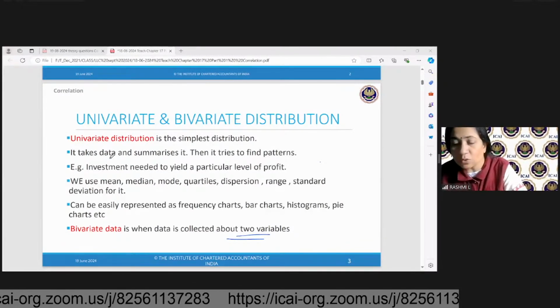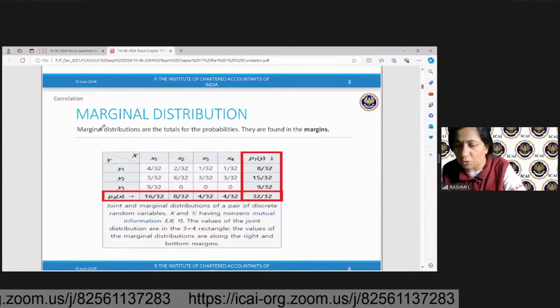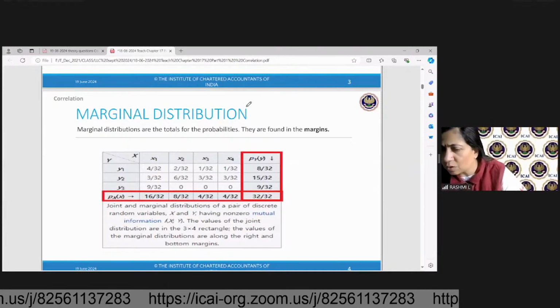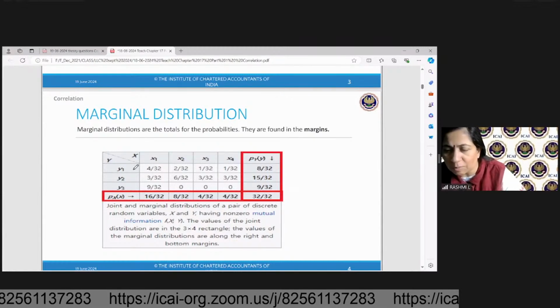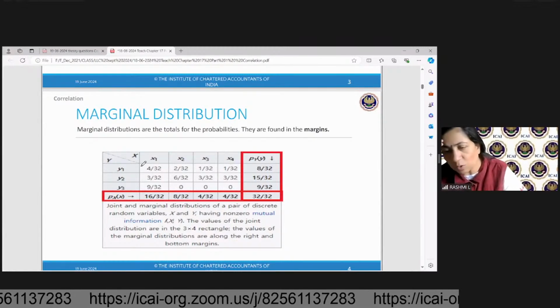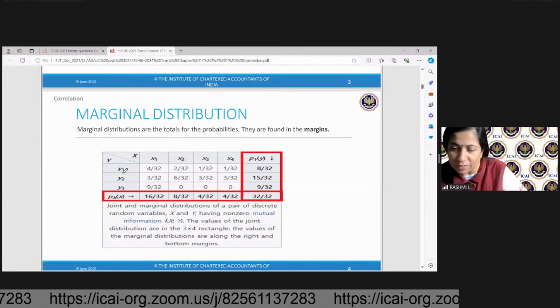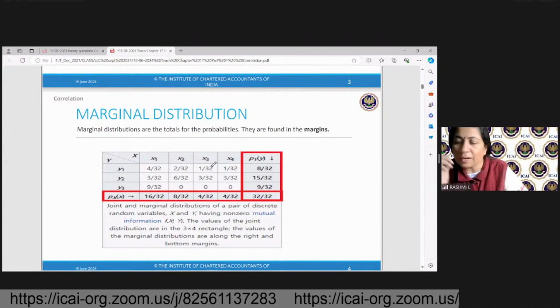So this is univariate and bivariate. Now coming to marginal distribution. Suppose I have a 3 by 4 matrix. So x1, y1, x1, y2, x1, y3, like this, and I put in the